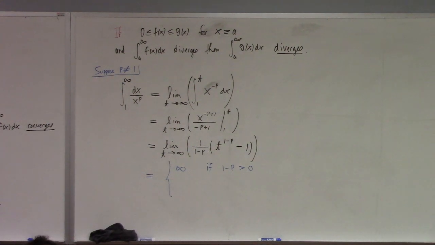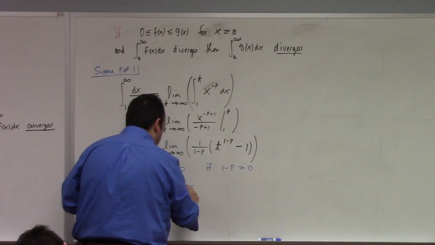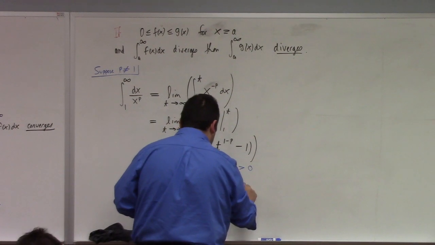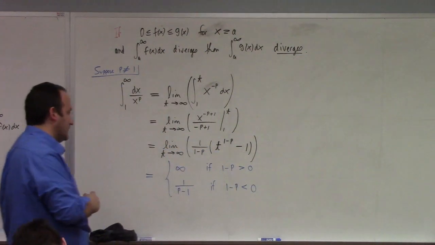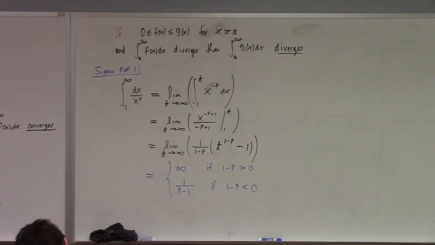And otherwise, right, we get 1 over p minus 1 if 1 minus p is less than 0. Because t to a positive power, right? t to a positive power as t goes to infinity diverges. But t to a negative power is like 1 over t to a positive power, which goes to 0. So the first term there, the t to the 1 minus p, either goes to infinity or it goes to